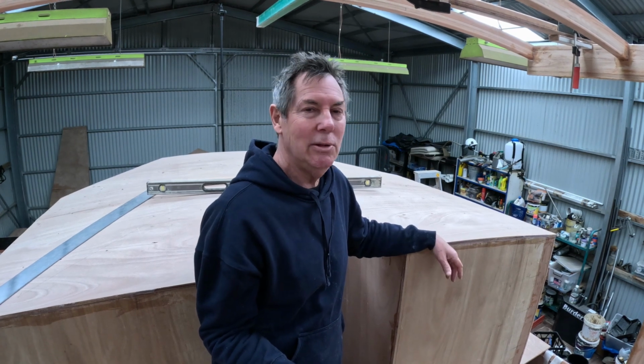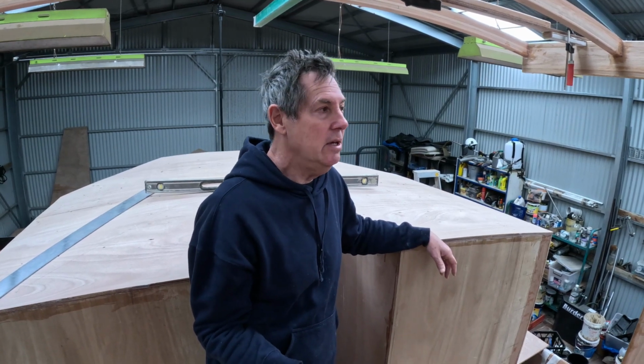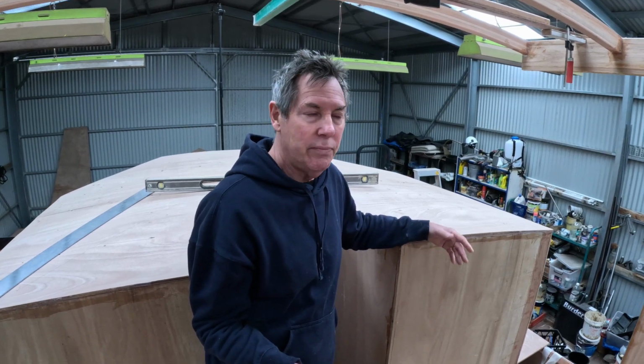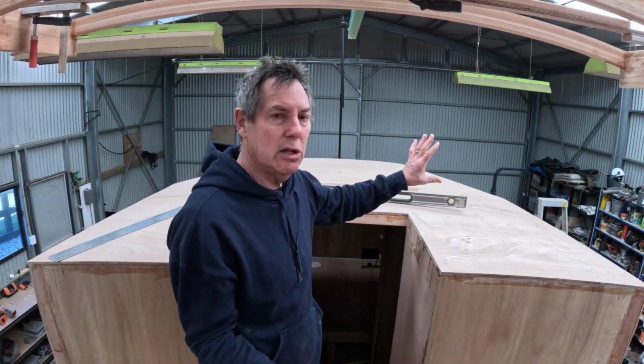But the wheelhouse, I really want that kind of old worldy, solid timber varnished look. So anything that I can varnish, I will. But it does mean I have to be conscious of running the grain of the plywood and any other timbers in the right direction. So what I'll do with these window frames, I think, is make them in solid panels,